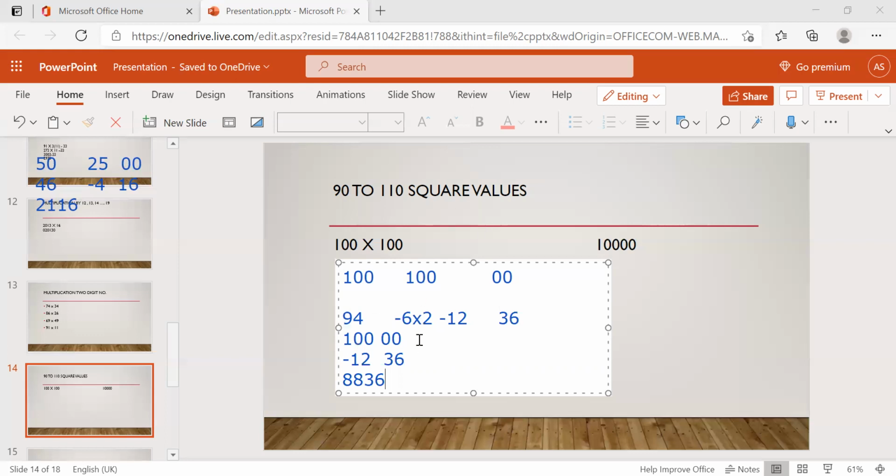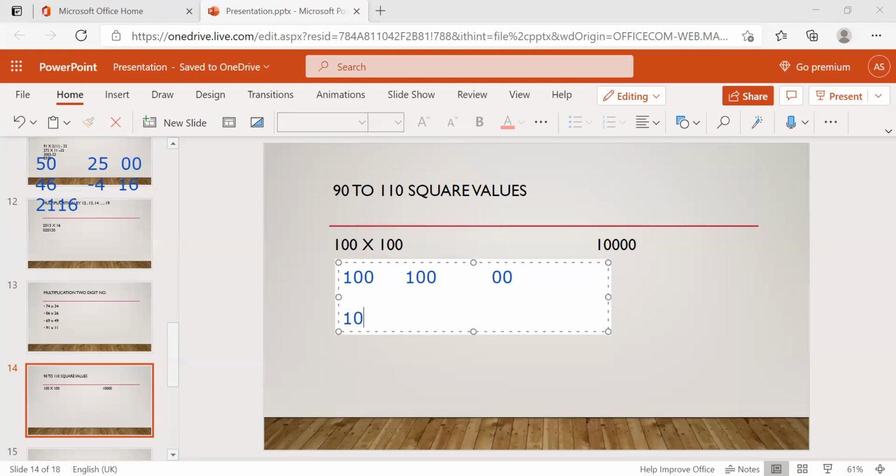And this is for numbers less than 100. 92, 100. Even 99 also, same process. And we'll check more than 100. So above the 100, 102 square. What's the difference? 2, right? Plus 2. So 2 into 2, 4. And 2 square. What's the 2 square? Don't write only 4. Here we require 2 digits. 04 you have to write, because here 2 digits is there.